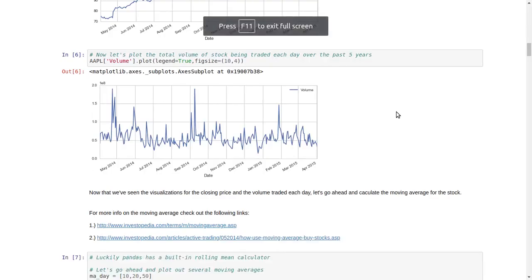Hello everyone. In this video, I will be explaining stock market analysis of different tech companies using Python language. I will use Jupyter Notebook for coding. So in this project, we'll be looking at data from the stock market, particularly some technology stocks. We'll use some Python tools like Pandas, NumPy, Matplotlib to get stock information and visualize different aspects of it. We can even analyze the risk of a stock based on its previous performance history.